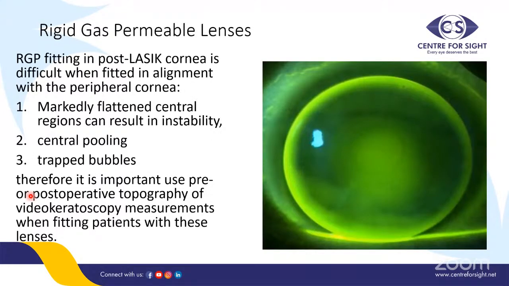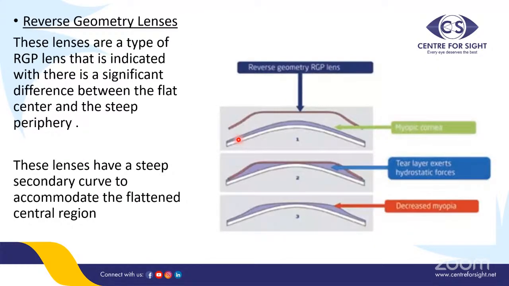An RGP fitting on a post LASIK cornea is very difficult when fitted in alignment with the peripheral cornea, as we see in this diagram, because there is a central flattened region that can cause instability of the contact lens, as shown by a central pooling in the center, and there may also be trapped bubbles here which can cause poor visual acuity. Therefore, it is important to use pre-operative as well as post-operative topography when fitting these patients with contact lenses. Coming to reverse geometry lenses,